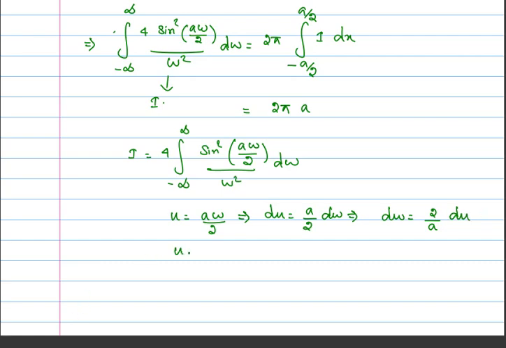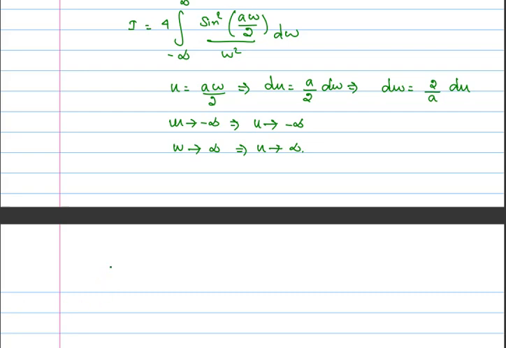Then omega tends to minus infinity, which implies u also tends to minus infinity because a is some positive quantity. Omega tends to plus infinity, u also goes to plus infinity. Now you look,